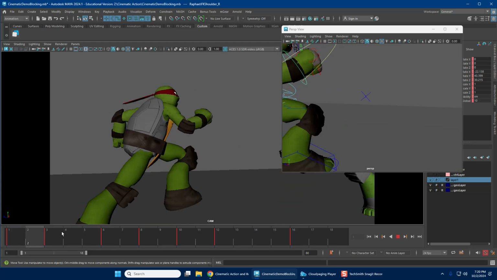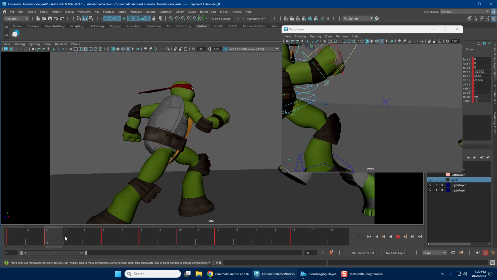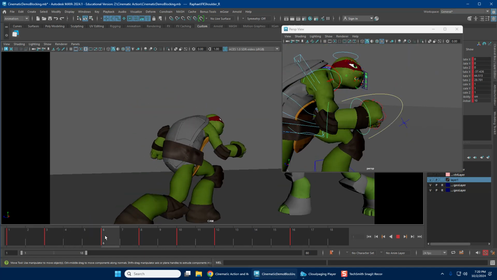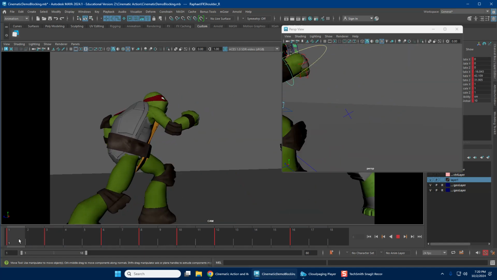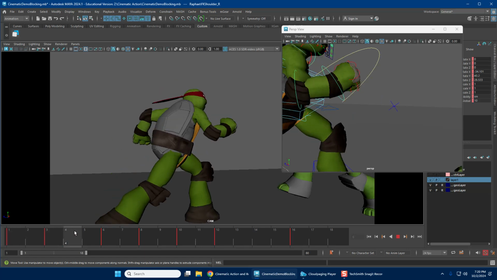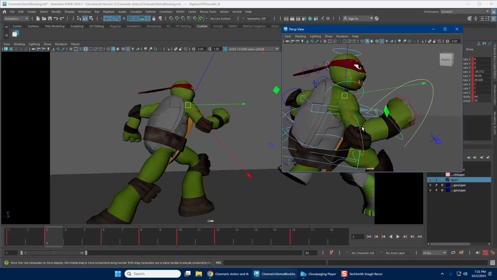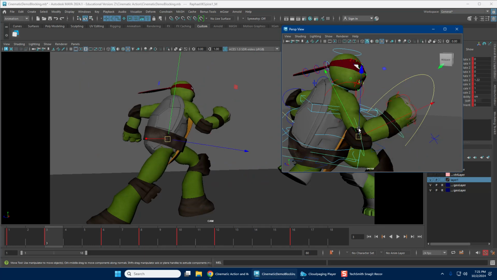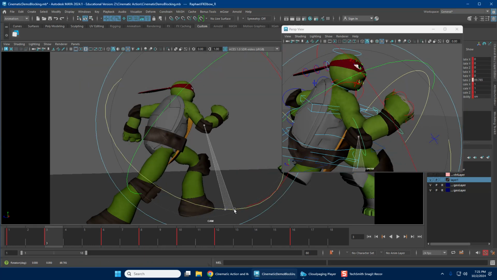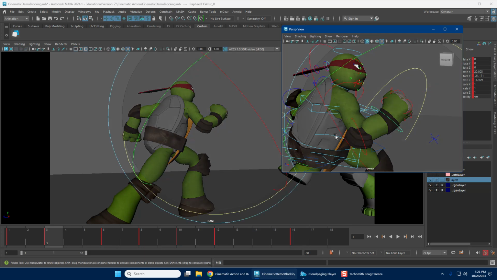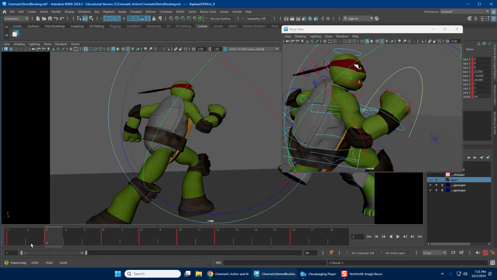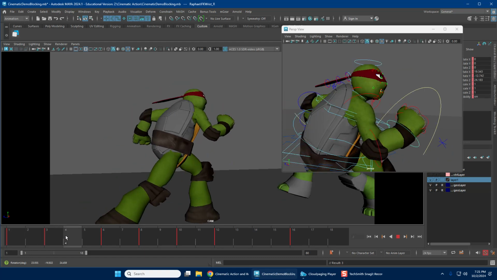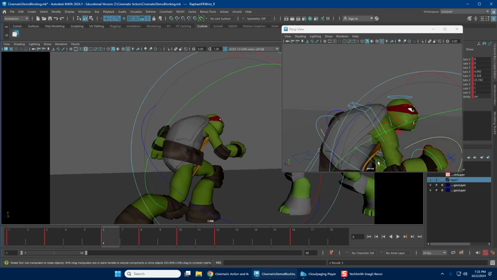So easily what you can do here. If you look at the first frame, and you go forward a little bit to about here, there's a slight arc that it's trying to do with the fist, if you follow the fist here. So what you can do, frame 3, is just rotate this up a little bit. And we're going to squeeze in on the forearm, and also the wrist as well. So automatically, we're adding a bit more of an arc here. And then as it comes down,